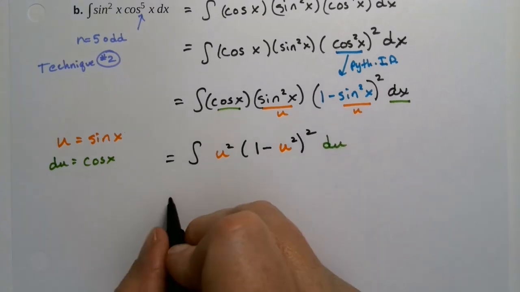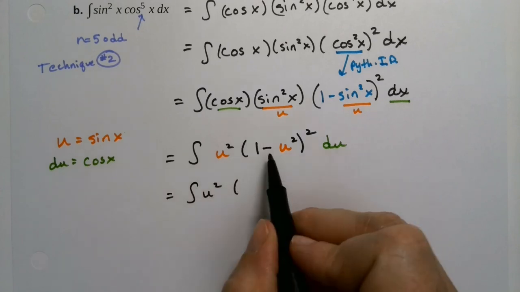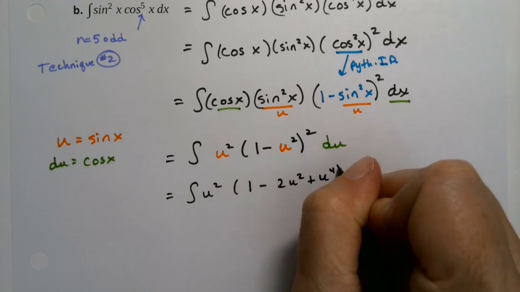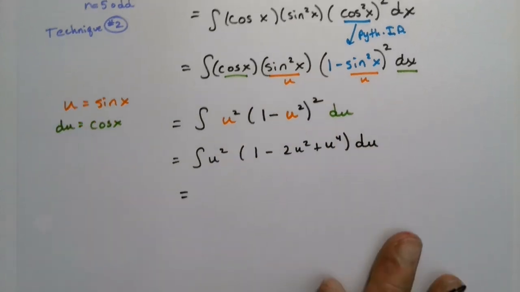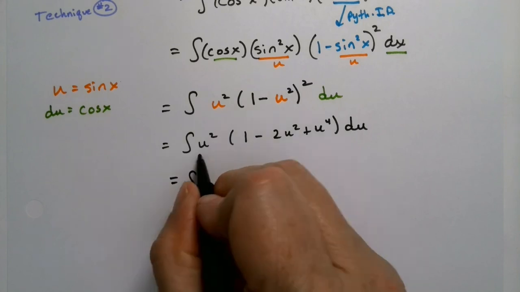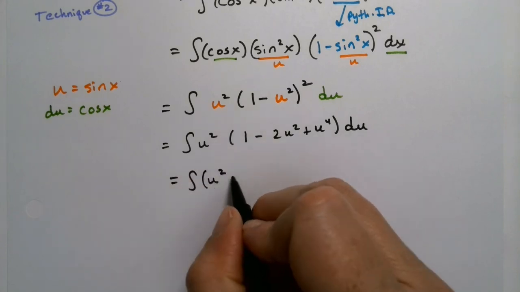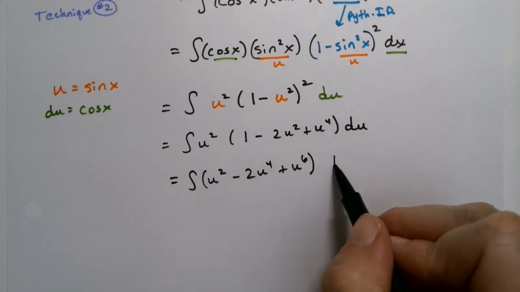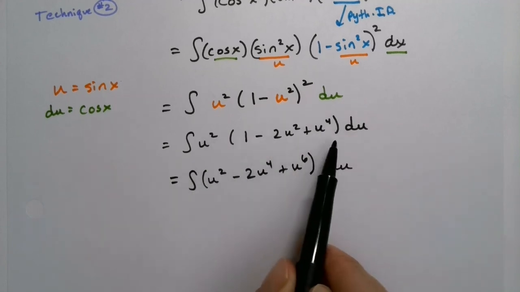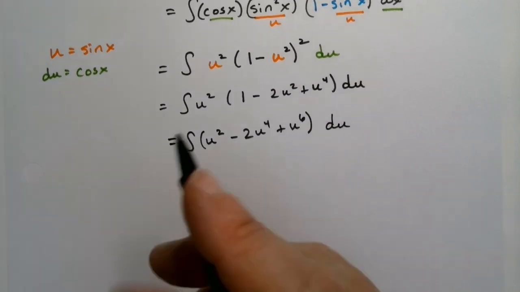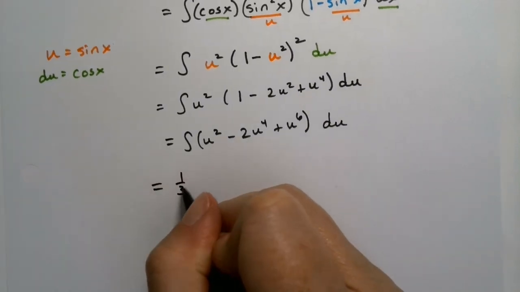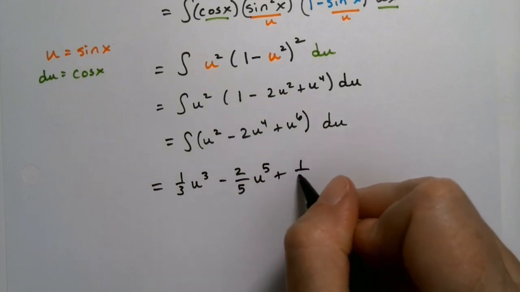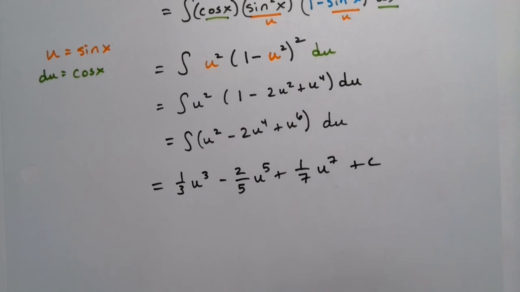Okay, so this is the integral of u squared times, and then I'm going to FOIL this. This is 1 minus 2u squared plus u to the 4th. Just a little distribution, which is, now I'm going to distribute again, u squared minus 2u to the 4th plus u to the 6th du. Right, just distributing my u squared to all three of those terms. And now I'm finally ready to integrate. So that's 1/3 u to the 3rd minus 2/5 u to the 5th plus 1/7 u to the 7th, plus your constant of integration always,